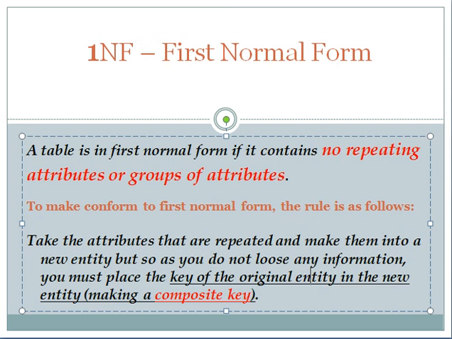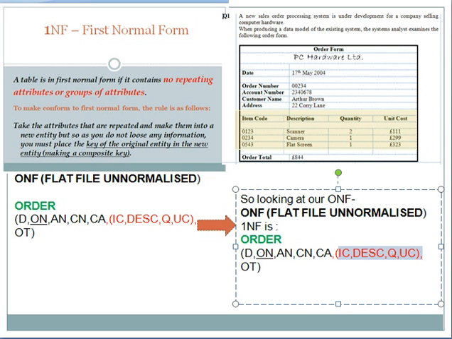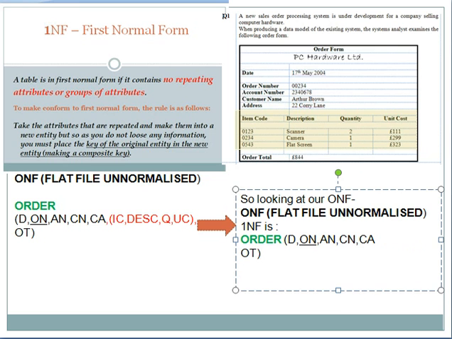So let's look at it. If we look at this example, this is our zero normal form here, and we're going to have to now convert it into first normal form. So we need to take the repeating attributes, which are these ones highlighted in red, and we need to put them into a new separate table. So I'm going to take these out. I'm going to go down here, I'm going to paste them in, and I'm going to have a separate table. I also need to take the key field here and place it in here. So I've got order number,